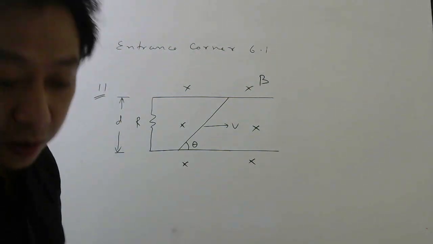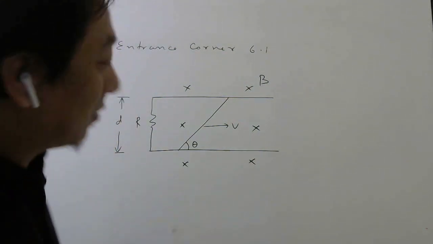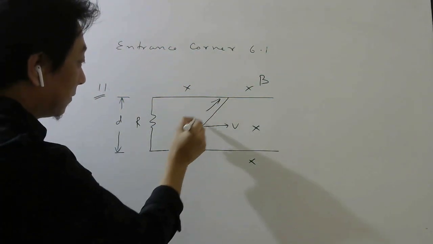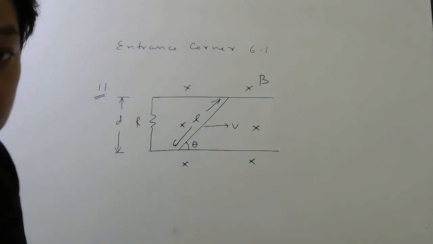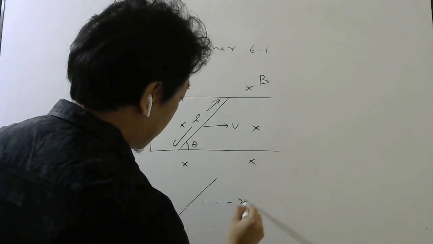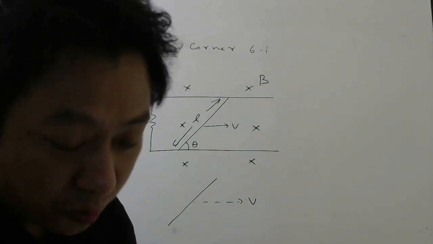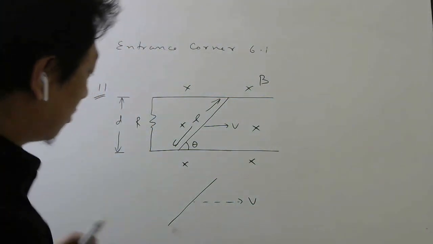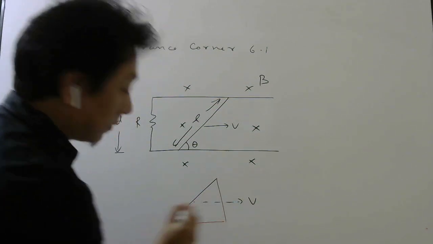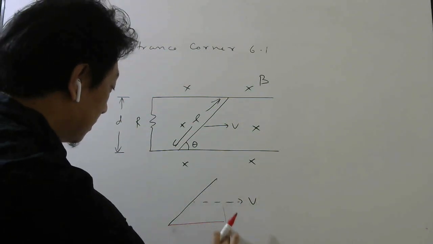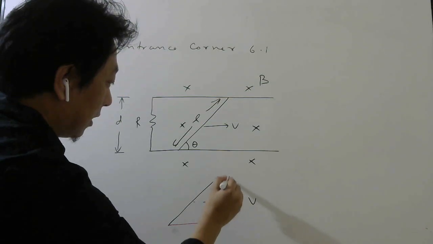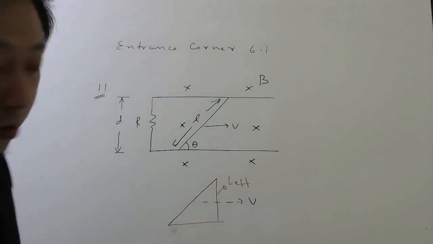So you can see velocity is perpendicular to magnetic field, right? But this length is not perpendicular. So what I should do, I have told you already, if this is the length and it is moving this way, then you should take two components of this length vector. So imagine this is a vector and take two components, one here, one here. Which component should I use? I should use this component, right? So this is my L effective, let me write, or L perpendicular.